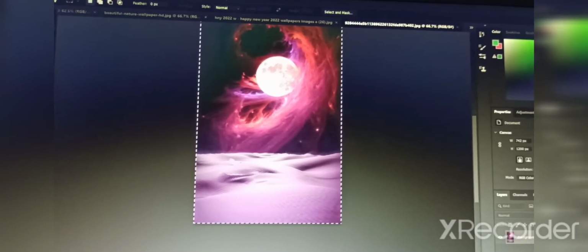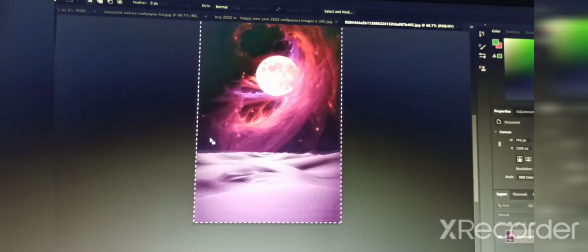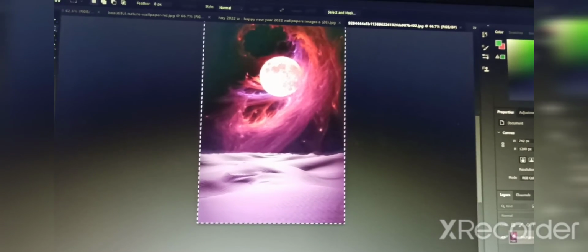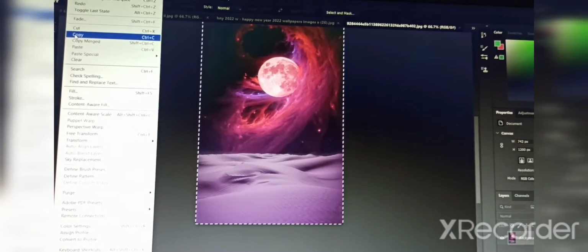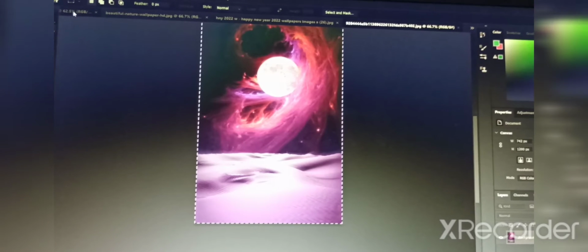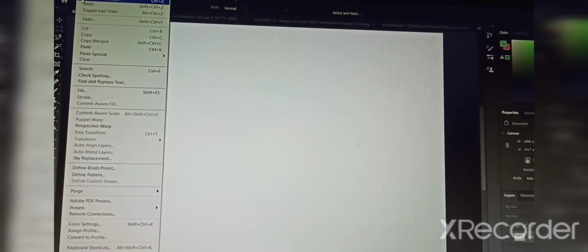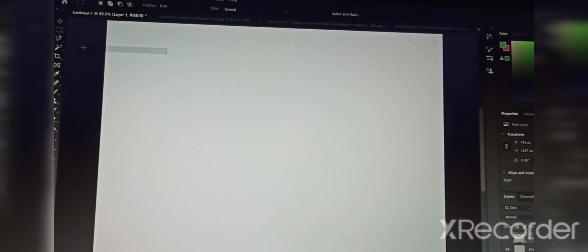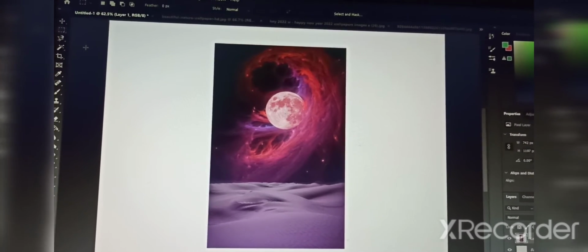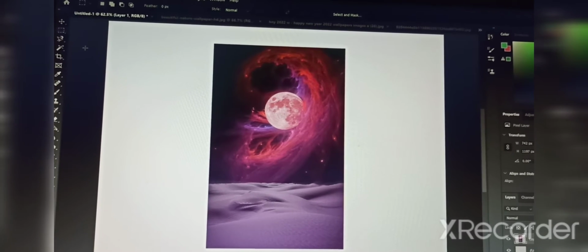Then what we will do, we will go to Edit and Copy. From here we will copy, and then where we want, we will come here and do a paste. See, can you see we have added an image in this layer.